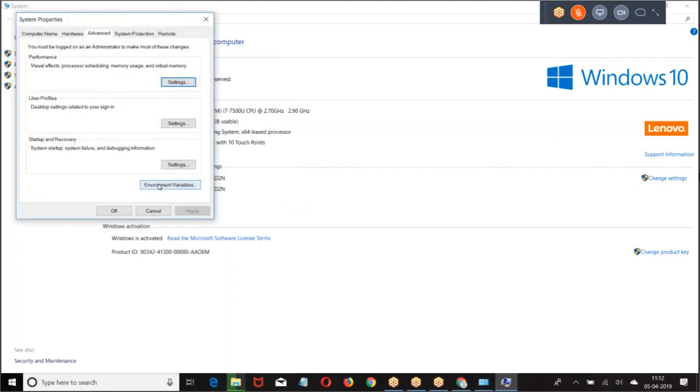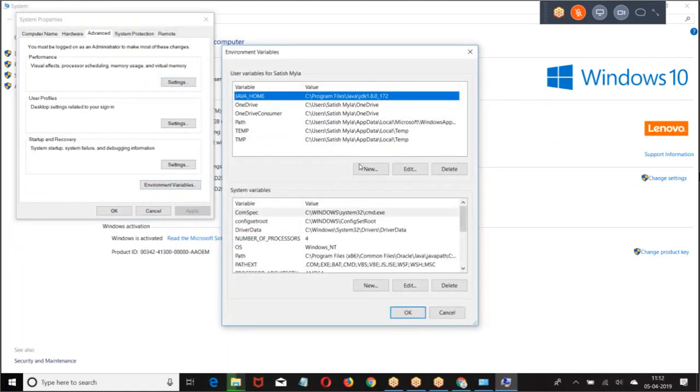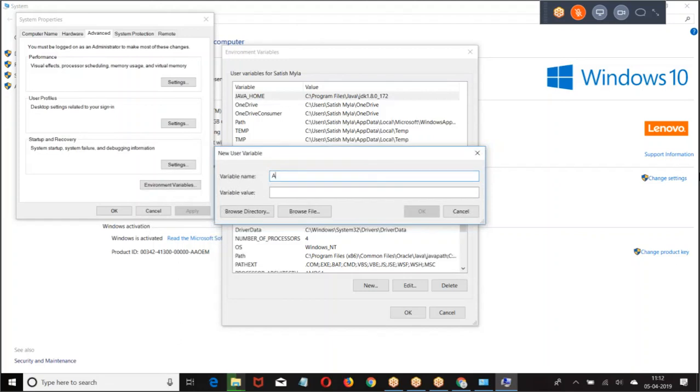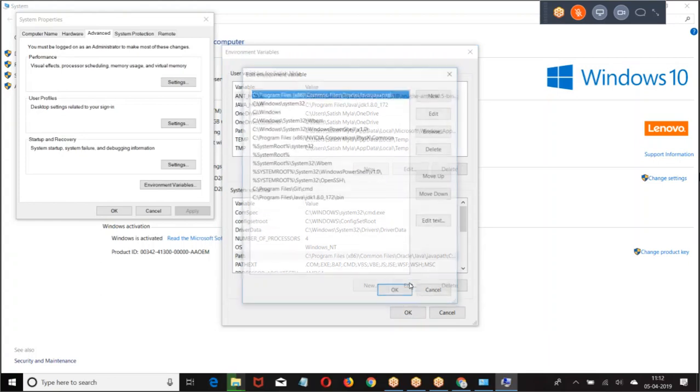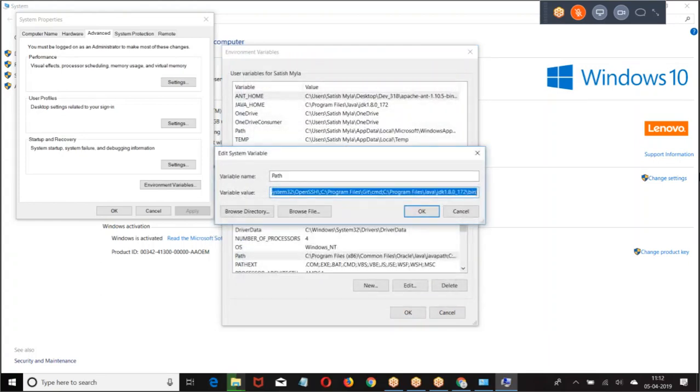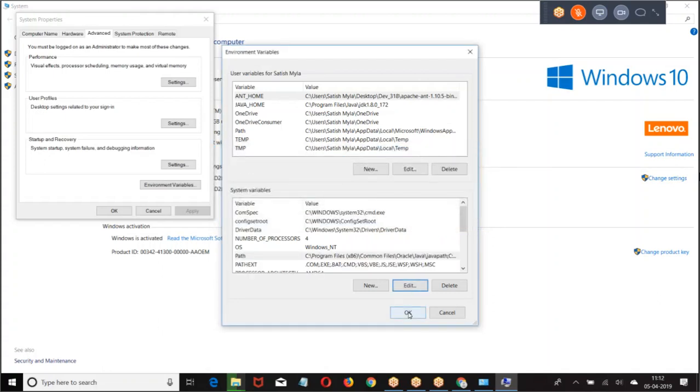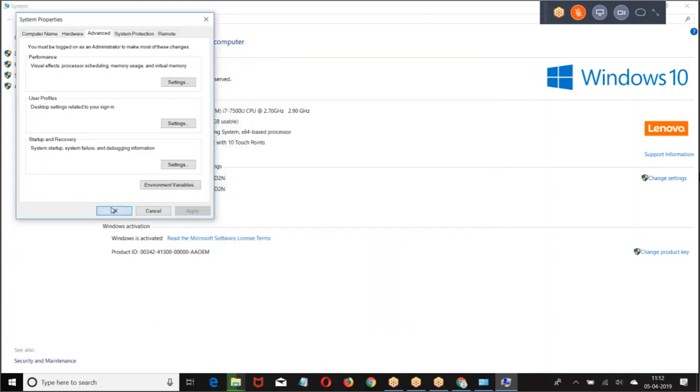System settings, environmental variables, New. Similarly go to the path, edit text, set the environmental variables.